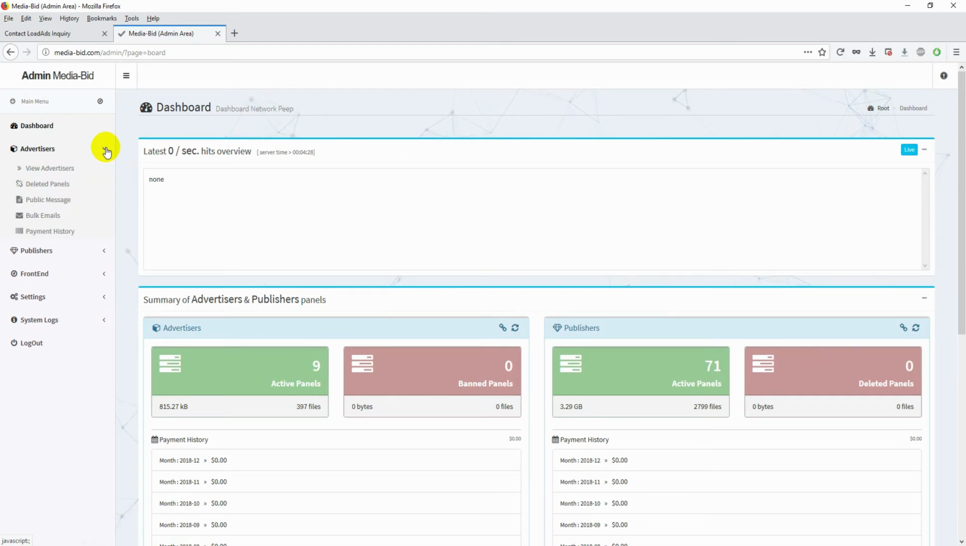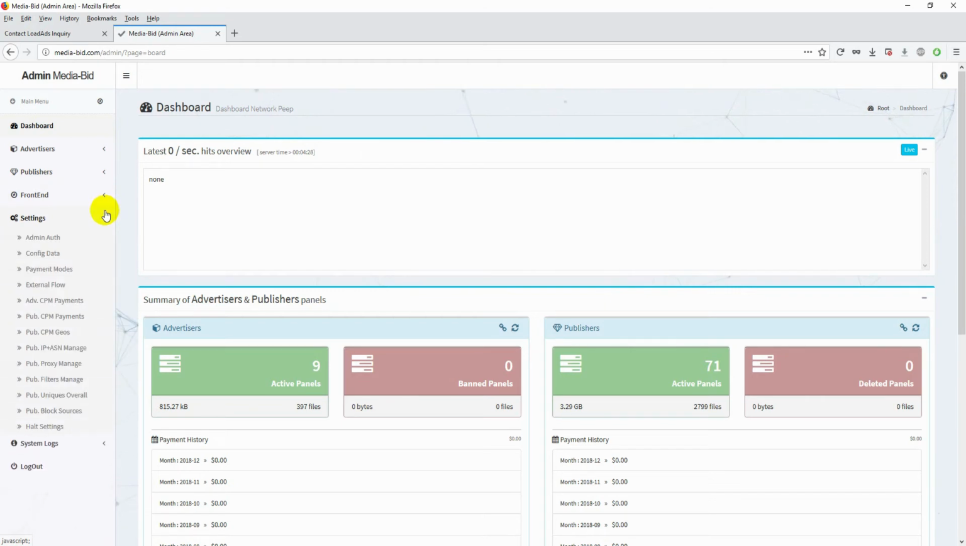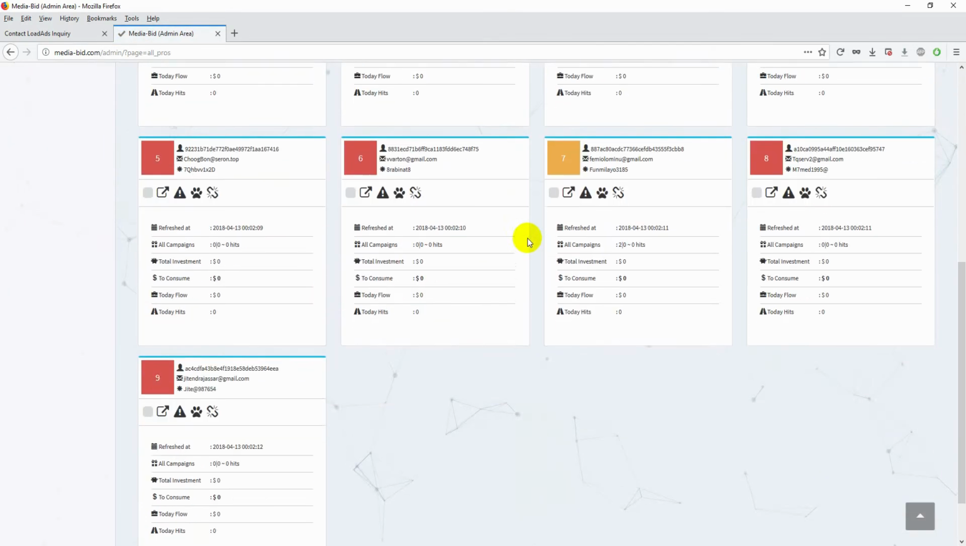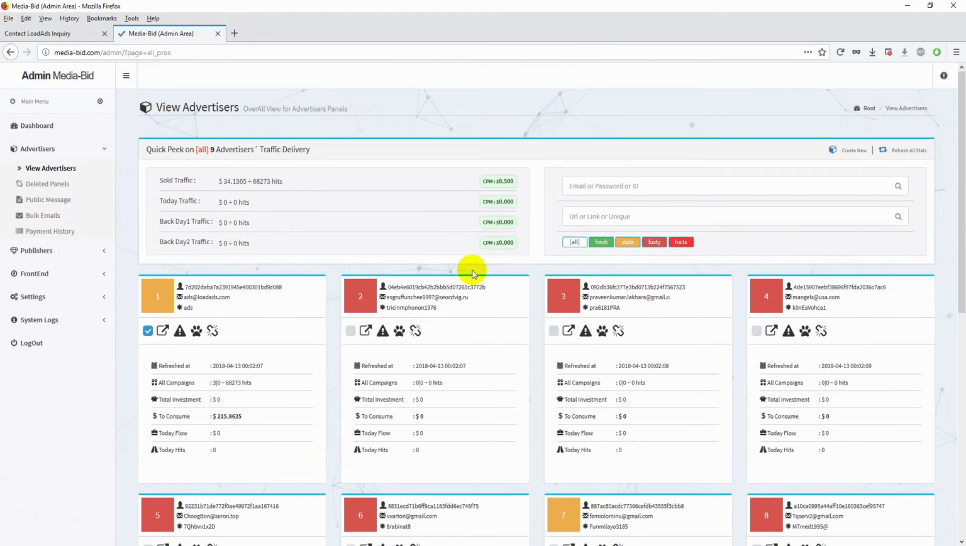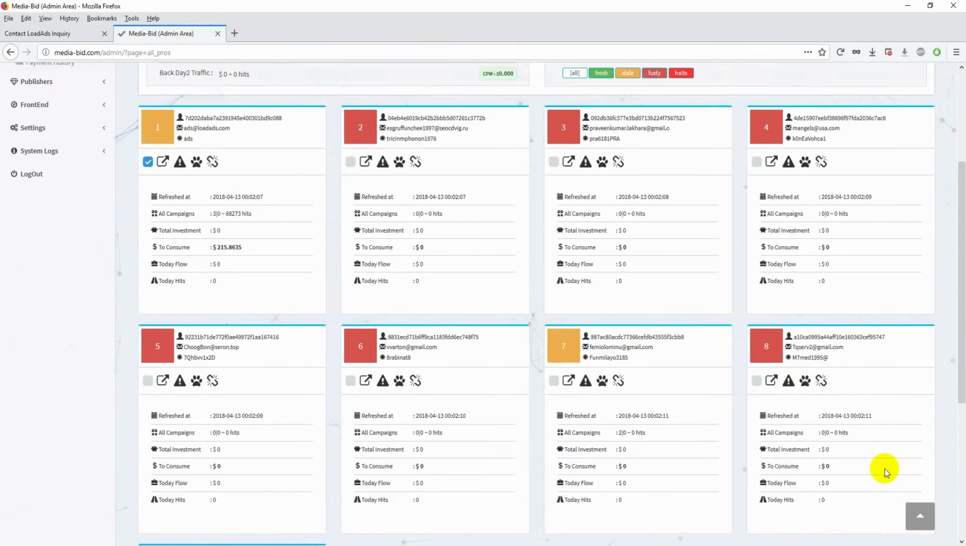Then from the right side, when clicking on View Advertisers, there is an overview of all the advertisers panels and the summary of the traffic consumed. On the deleted panels page, there will be a list of the advertisers that have been banned for whatever reason. From here, the options are to restore the banned advertisers panel, or to delete it for good with all the